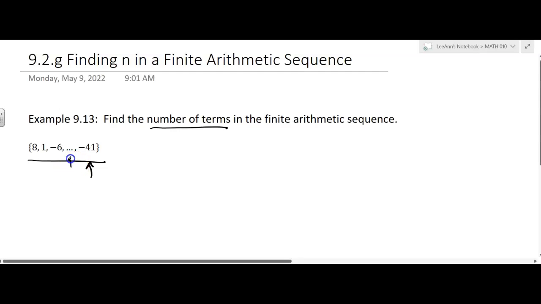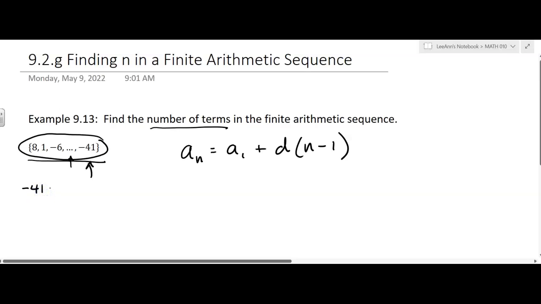We don't know from the 3 dots how many terms are between -6 and -41. But we can figure it out with the formula. So we're going to figure out the total number of terms in that sequence, okay? So let's write the formula. a sub n equals a sub 1 plus d times n minus 1. Okay, and we're trying to figure out how many terms there are. What that means then is